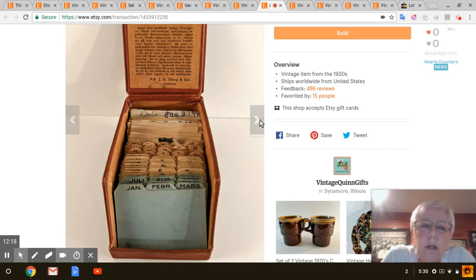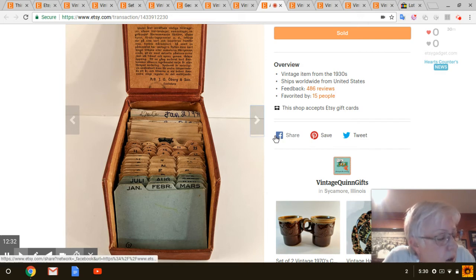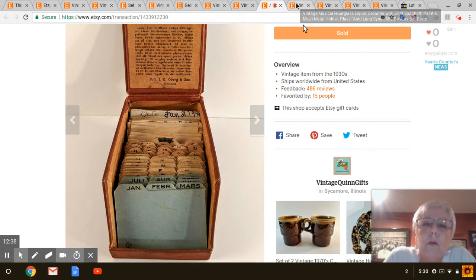But anyway, I got that at an estate sale, and I paid $4 for it, and it sold for $25, and I didn't have that listed too long. I listed that on April 29th. So next